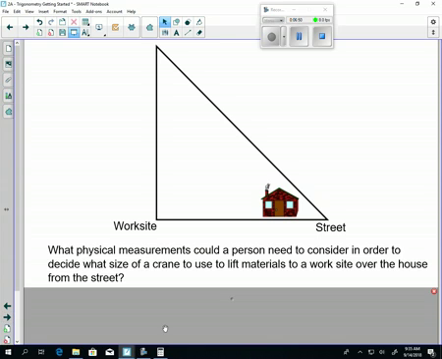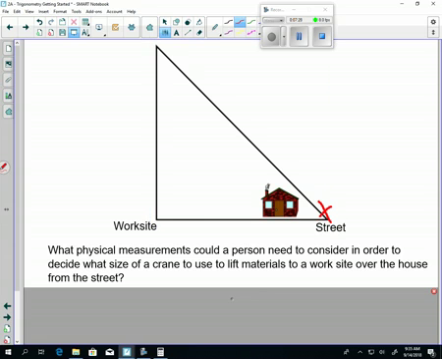Now, here's an example where someone had to think about trig. They were trying to fix something behind a house. They couldn't get around it. There's a work site behind the house. There was no way to bring the equipment behind the house, so they had to put the crane in the front. And in order to put materials back there, the crane would have to be able to lower something down this way here. So in order to decide what size of crane to put on the street here,